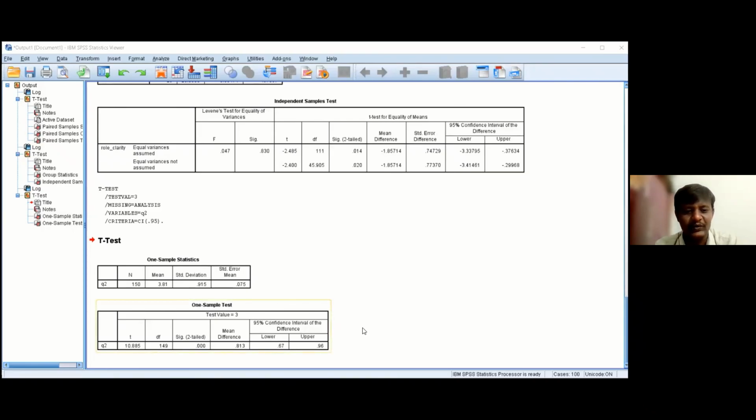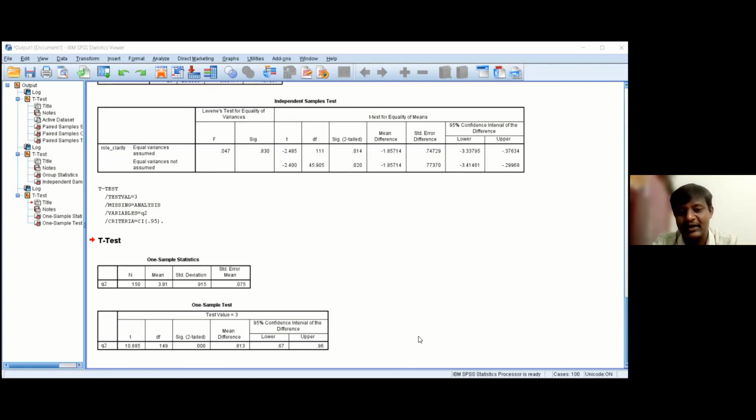Okay, so in this one sample t-test, ma'am, as I told you, we will be having some confidence level. We have taken the confidence level as 95%. In that 95% confidence level, the upper limit is 0.96 and the lower limit is 0.67.